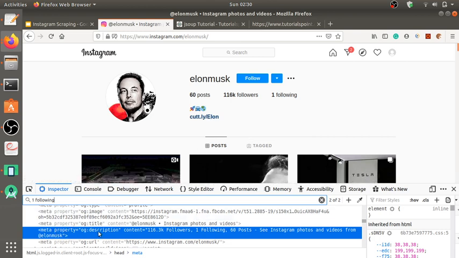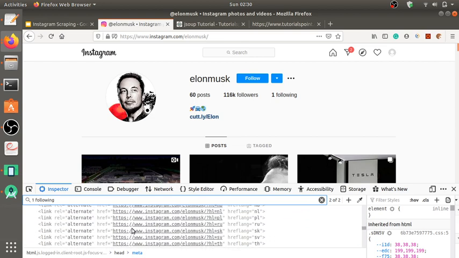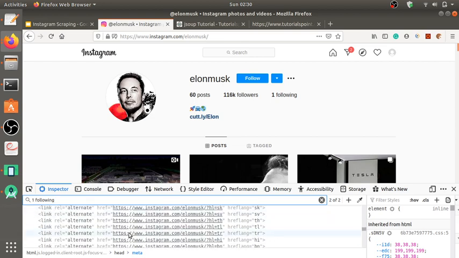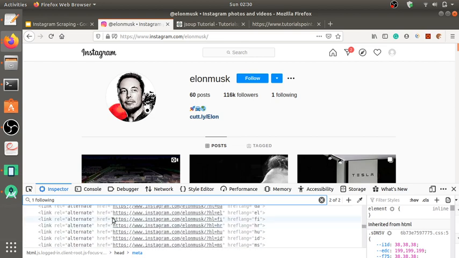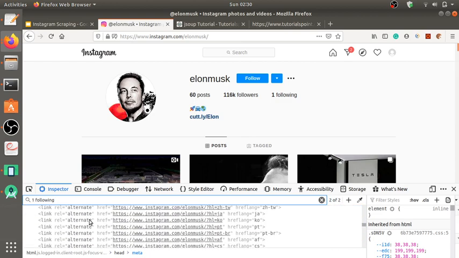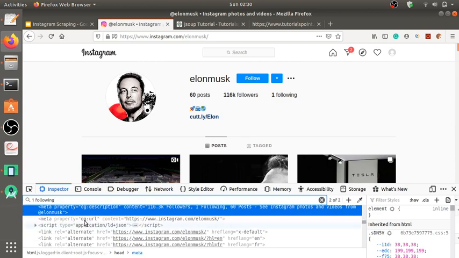Okay, I'm gonna fetch this tag. How I'm gonna do this is using this attribute property and the value og:description. This will help me to uniquely identify this tag among the lot of tags lying around here. There will be a lot of tags for a single website or a web page. Using the properties, using the attributes of a tag, we can easily locate a tag in the document, this entire document.